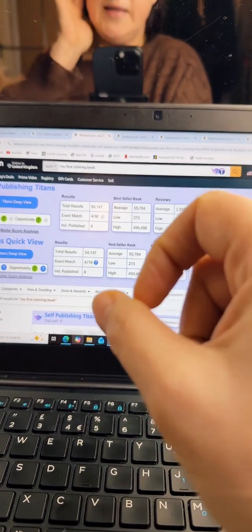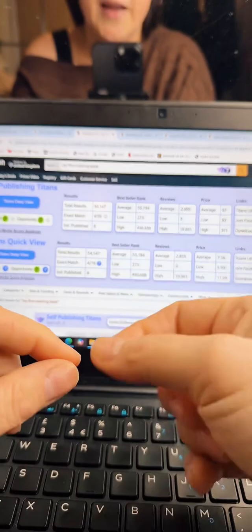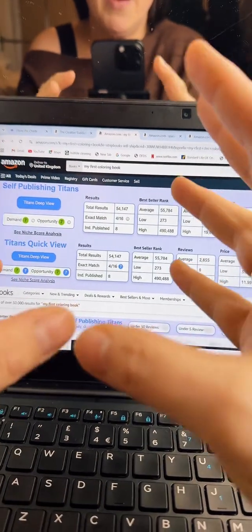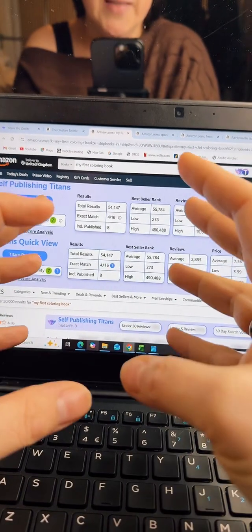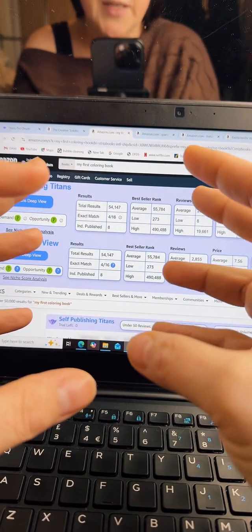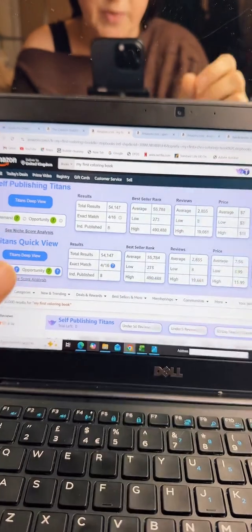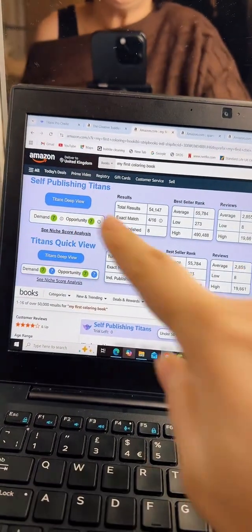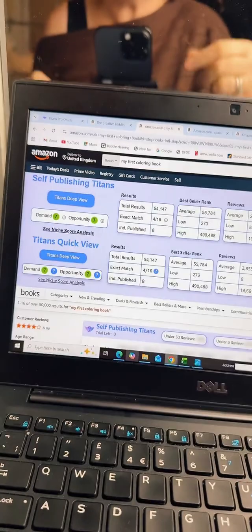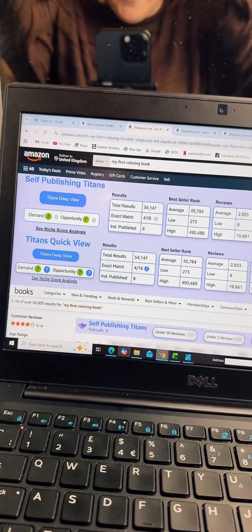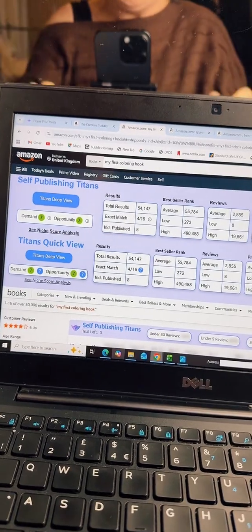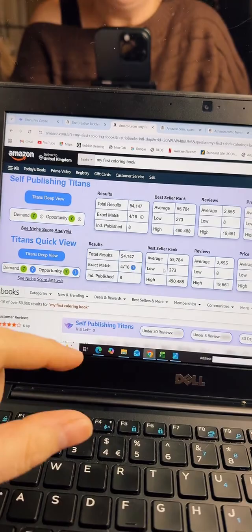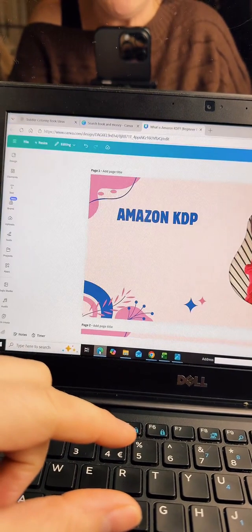KDP is Kindle Direct Publishing. Think about Amazon as a shopping center and Amazon KDP as a shop inside that shopping center. It's a part of the big boy, which I cannot sell or tell about all the time because TikTok doesn't like it. Okay, so now we are going to create this beautiful product and we are going to go and create that